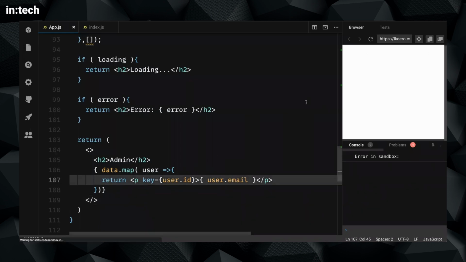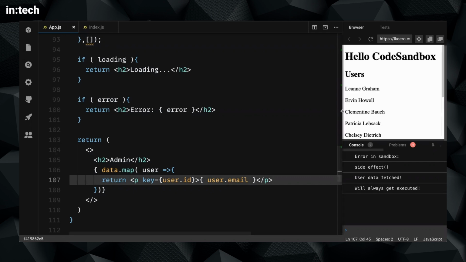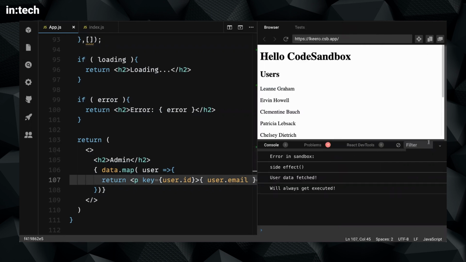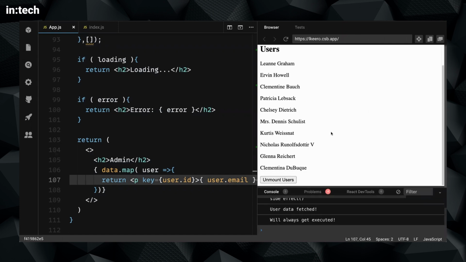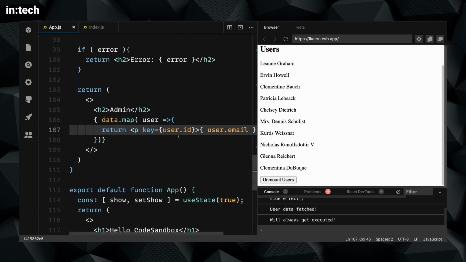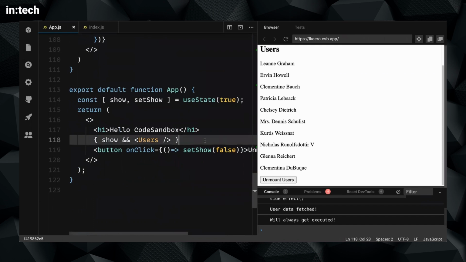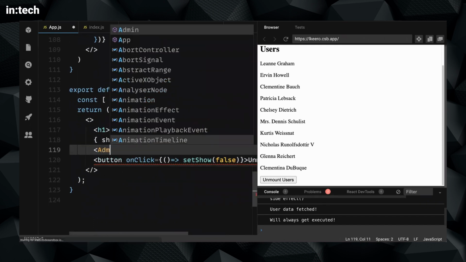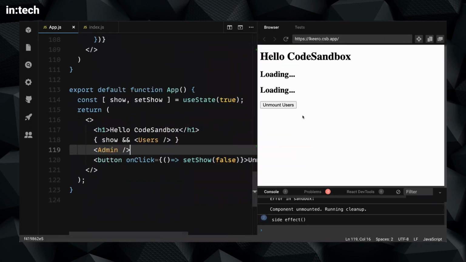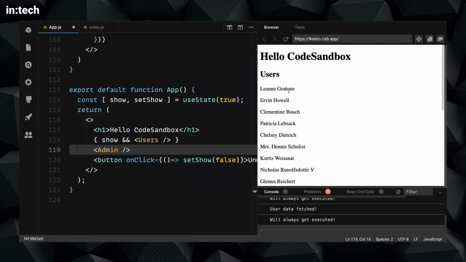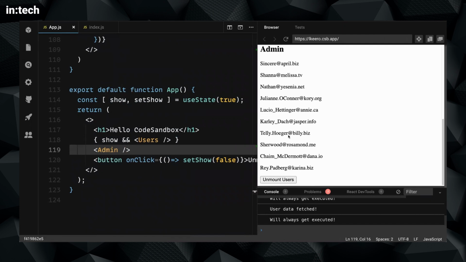So let's click, and after 2 seconds we have the users here. So let's start. You can see the 2 loading states, the 2 components, and the admin displays the emails,